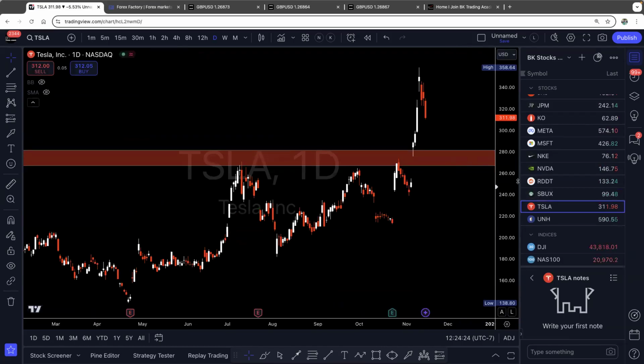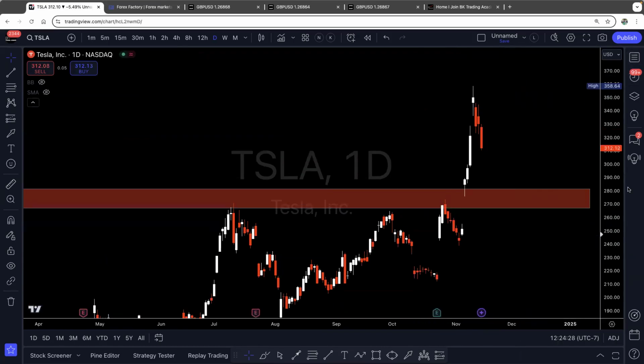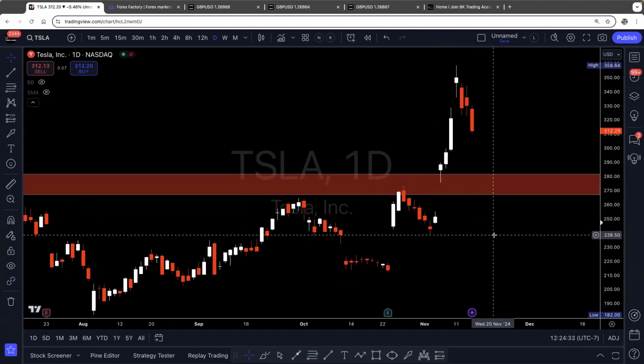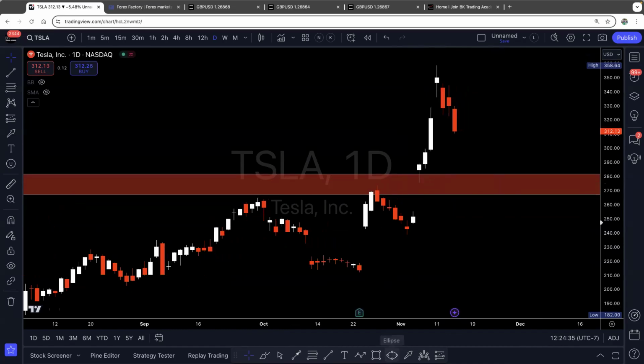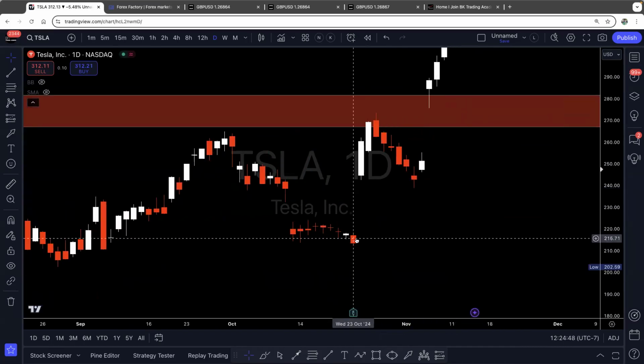Here is Tesla. For those who aren't familiar with gaps, notice these gaps here in between the candles. We call these gap up or gap down. And usually we have gap ups or gap downs due to news from overnight, pre-market or aftermarket. So just a brief education here without going too deep. Here's a gap